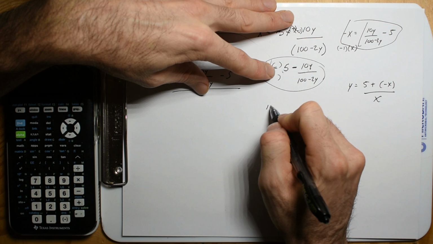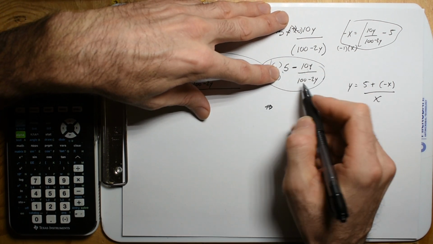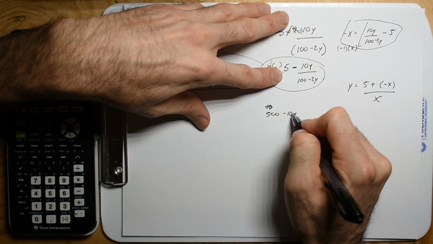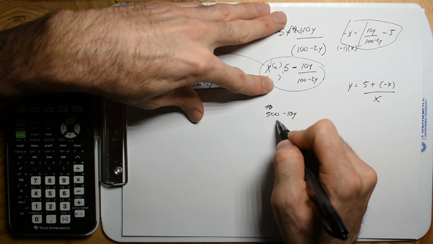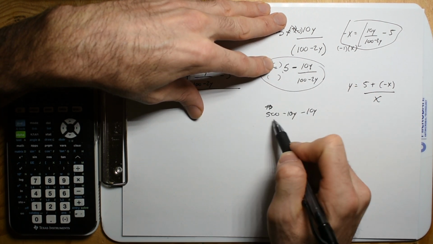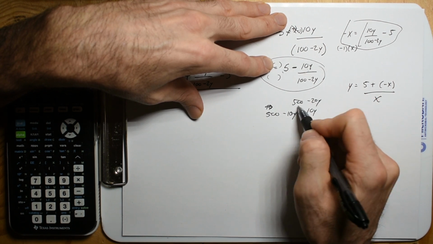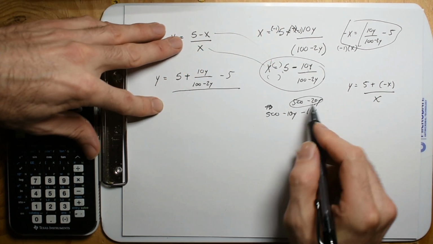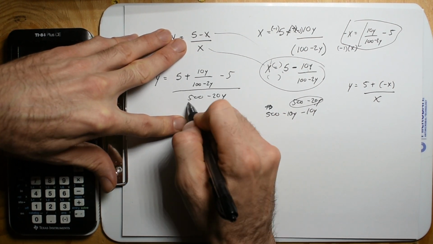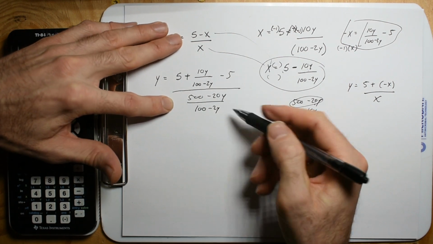So on the top, and let's just do this in one go, I'm going to have 500 minus 10y, and then I'm going to subtract 10y, and then the denominator is the same. So I'm going to have 500 minus 20y. Sorry to do this just over here, but might as well. So there you go. Did a couple steps. 500 minus 20y, and we still have to divide by that denominator, 2y. Okay, and now right here,